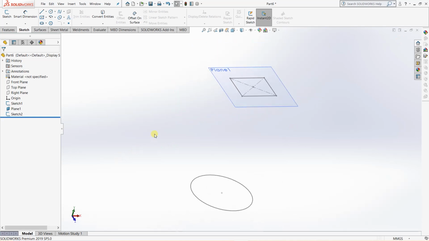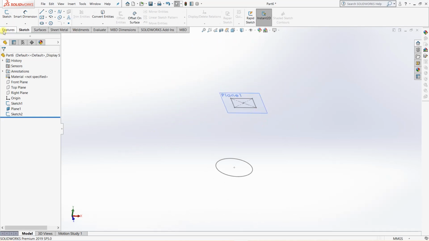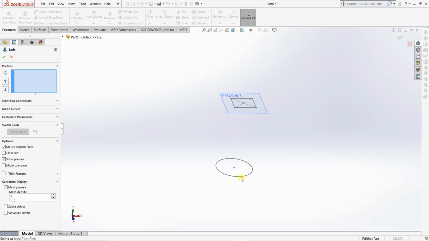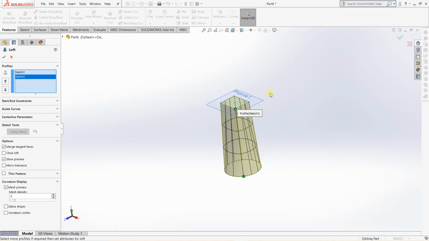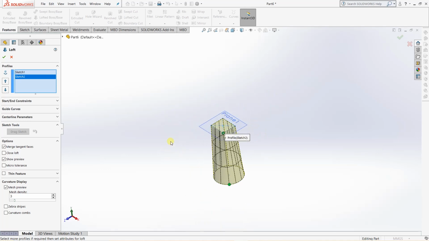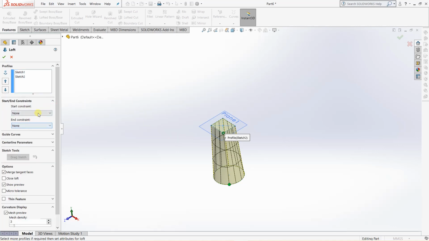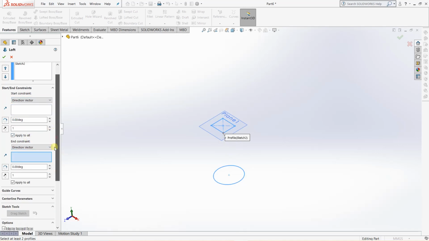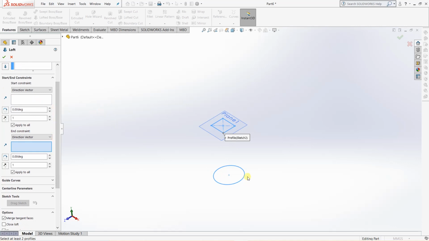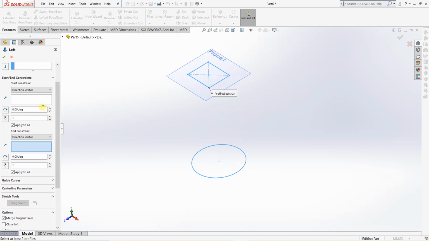Now we will use the direction vector. In the features, go to Lofted Boss, select both the profiles. Go to the Start and End Constraint tab, direction vector. In the start constraint, means in sketch 1, we will select the direction vector here. Suppose we select this line.